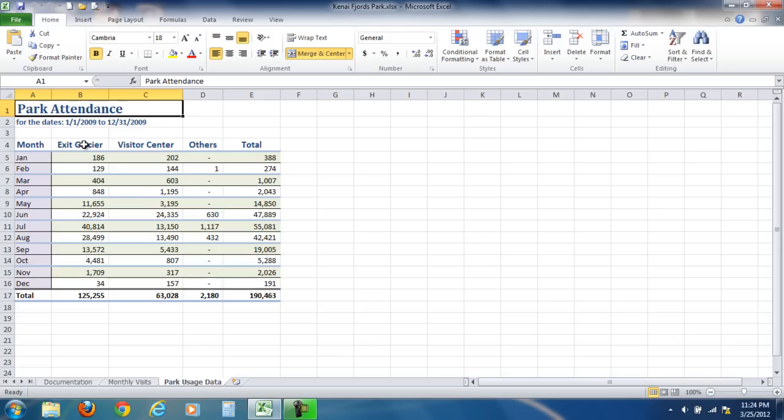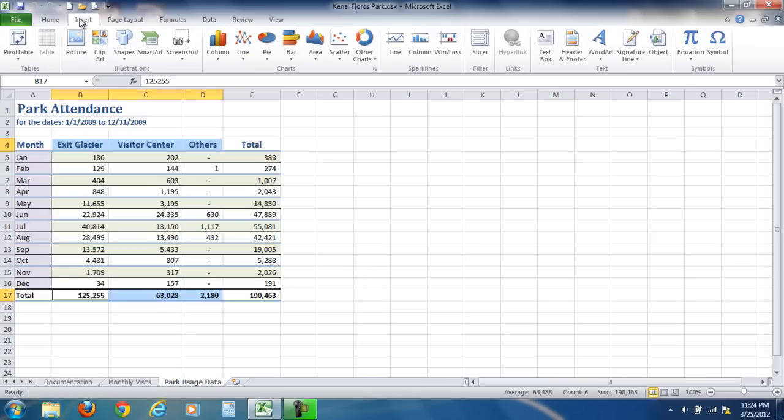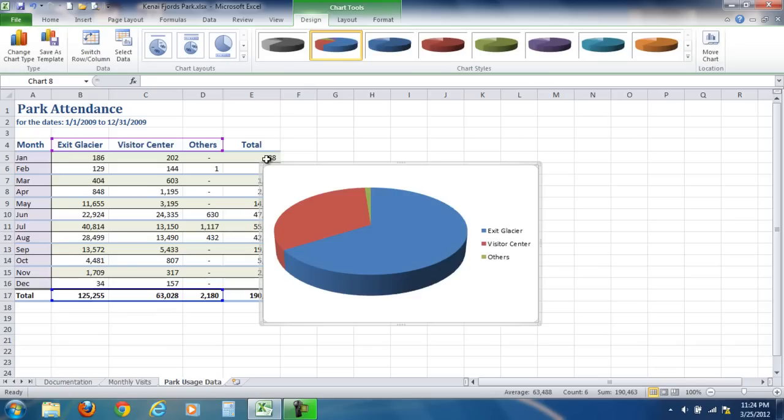So I'm going to take my mouse and select B4 through D4, which are my labels, and then I will hold down the control key and select the values that represent the totals for those areas. The control key allows me to select non-adjacent ranges. Then I will go up to my ribbon and click the Insert tab, go over to Pie, drop that down and choose 3D Pie. Excel automatically places the pie chart embedded in the current worksheet, and I would rather it